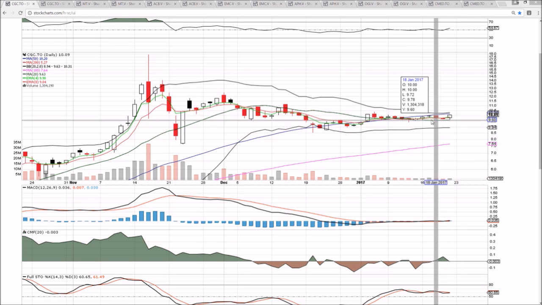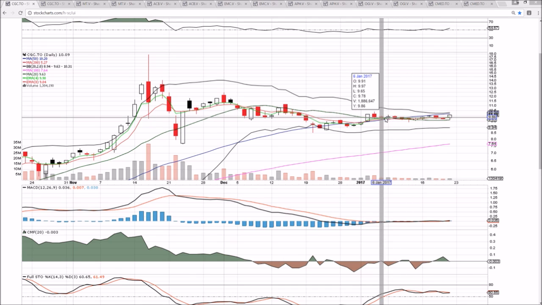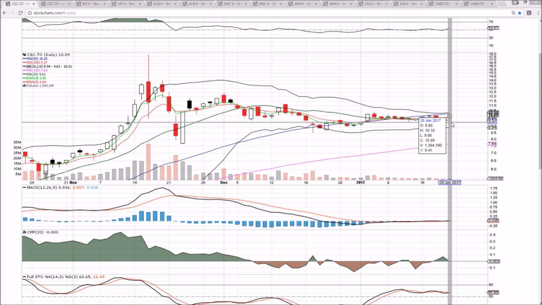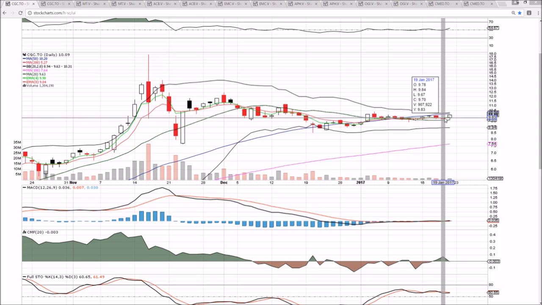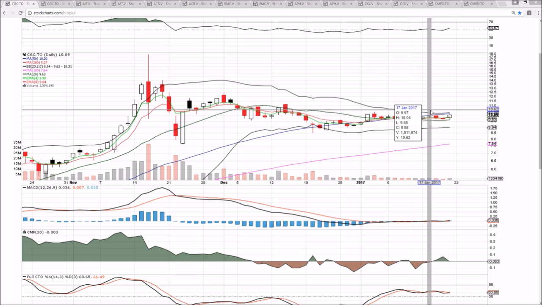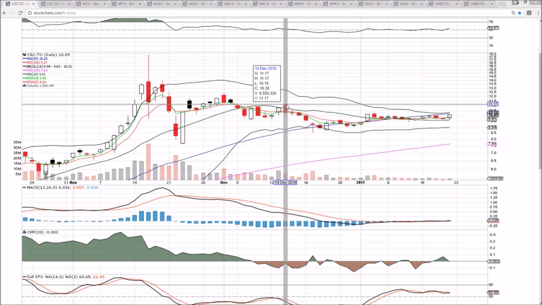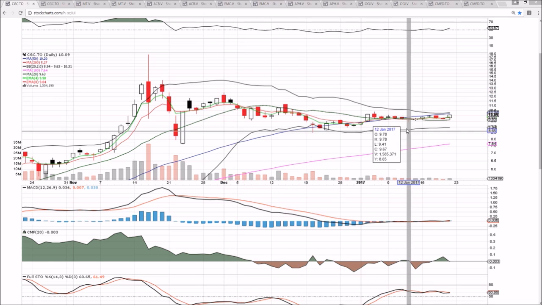Very strong close over $10. Resistance from here was up at 10.09 and then 10.39, and we did break up above 10.09 just by a penny. We need to see further follow through. The upper Bollinger Band is tight, but you can see it's just beginning to ascend to the upside to create more room. That's up at 10.31. And a break of 10.39 would be a great sign for the bulls and show a lot of strength going forward. We have individual names like APH and ACB that have already broken their high of December 14th, which for CGC is up at 11.17, so still some work to do there,